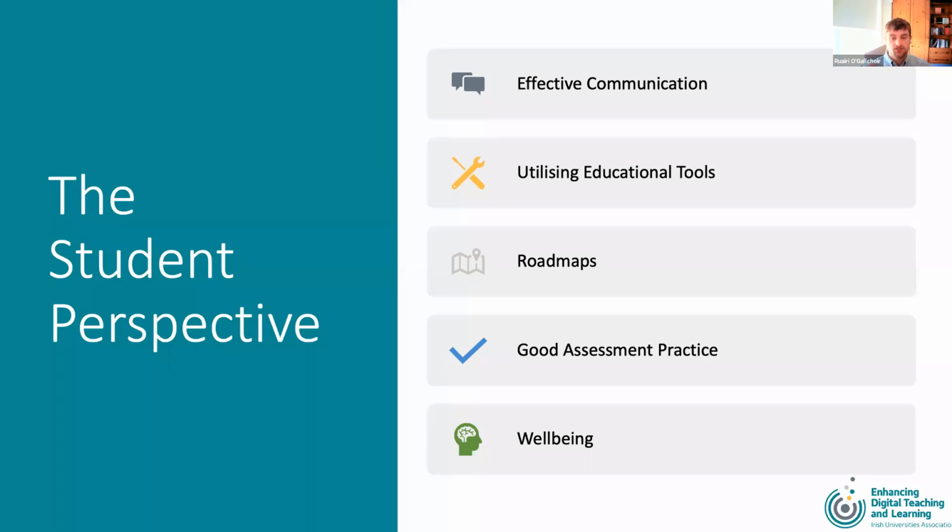So focusing in on the student perspective, if you read the infographic, you'll see it's divided into 5 different sections, each of which I believe form a major part of a healthy online learning environment. So a lot of the topics you'll see on the right-hand side here have received a lot of attention already this year. For example, assessment comes up at the end of the semester, oftentimes, as well as communication, which